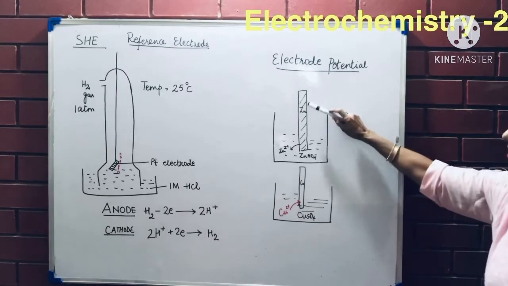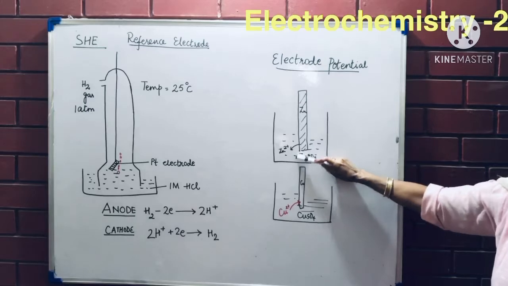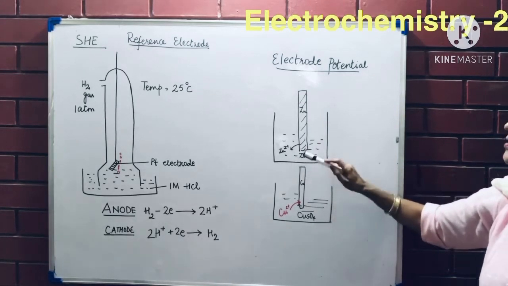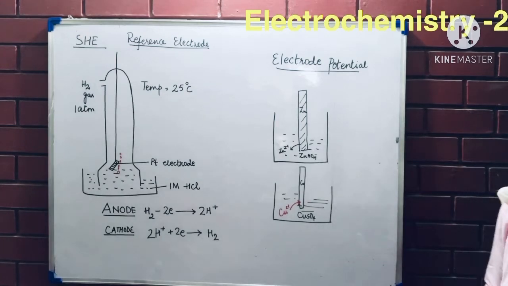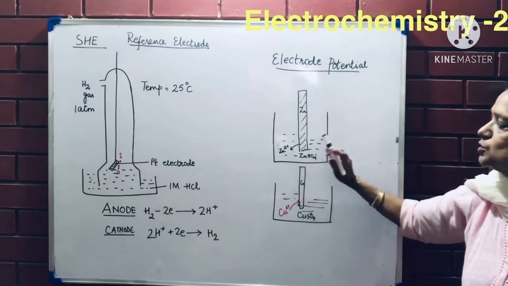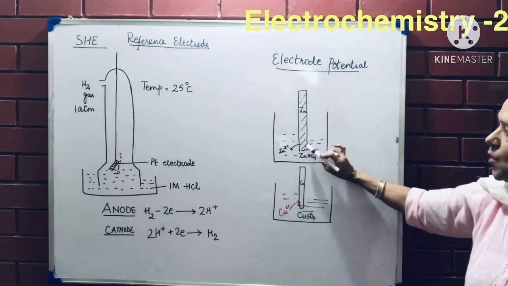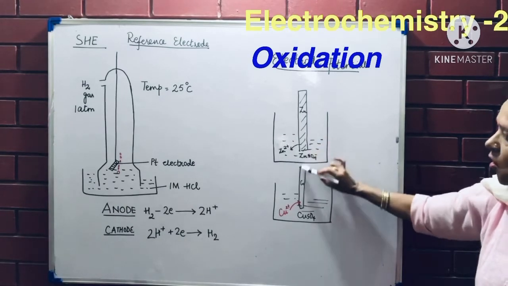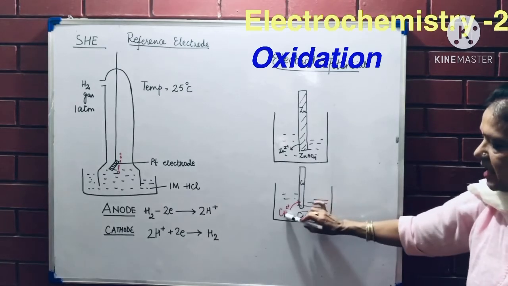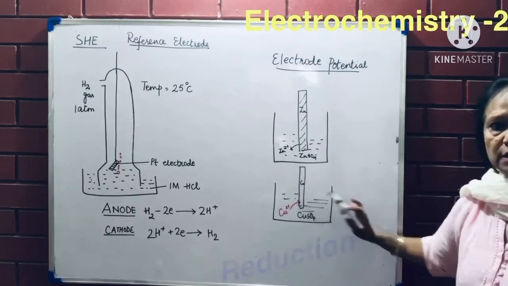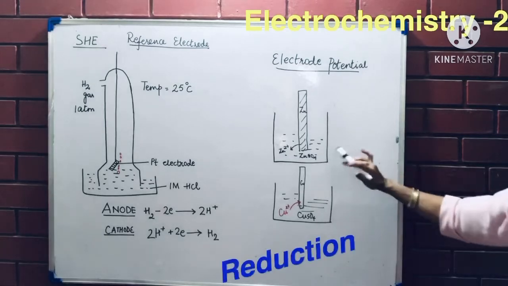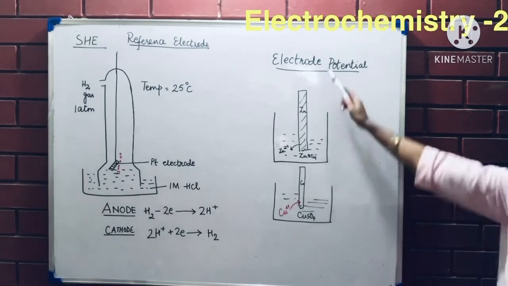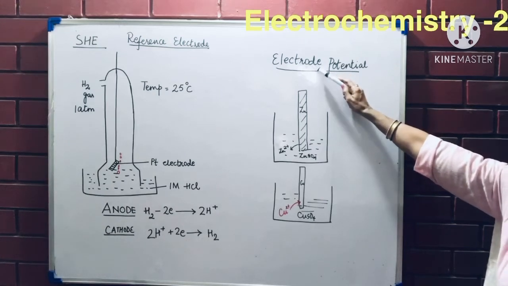When a rod is put in its own solution, like zinc is put inside zinc sulfate solution, there always develops a potential. Between these two, there could be two situations. One is that the rod starts dissolving inside the solution forming ions, or there could be another rod where the ions get deposited onto the rod. Both these situations create a potential which is known as electrode potential.